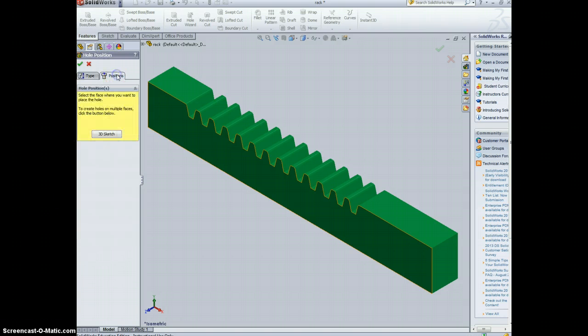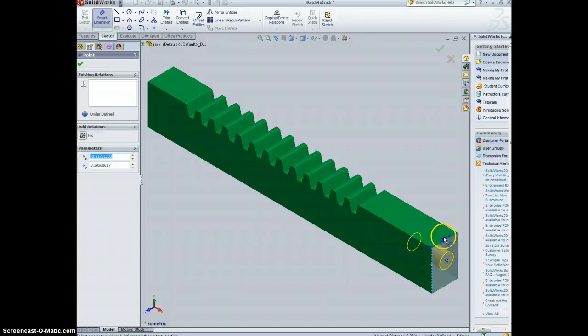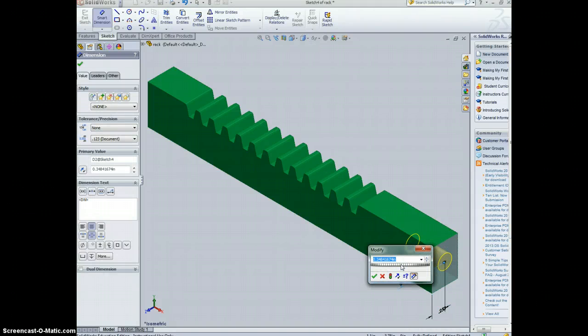Now we're going to go to Positions. I'm going to click on this face over here, and there's the hole, and we want to make sure it's centered. Now this should be a total height of, I believe, 5/8. Let's see. Well, we'll do a distance off the side. Should be a 1/4 inch because it's got a total width of 0.5. So the width here is going to be a 1/4 inch, and the distance off the top, I believe, is 5/16, which would look like